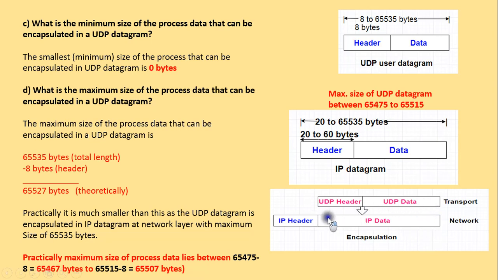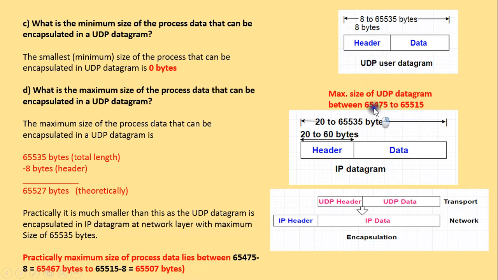And just now we have discussed the limitation for the data length at the transport layer in the UDP datagram, that the data length at the transport layer in the UDP datagram should be from 65475 bytes to 65515 bytes. But out of this, the header is of 8 bytes.